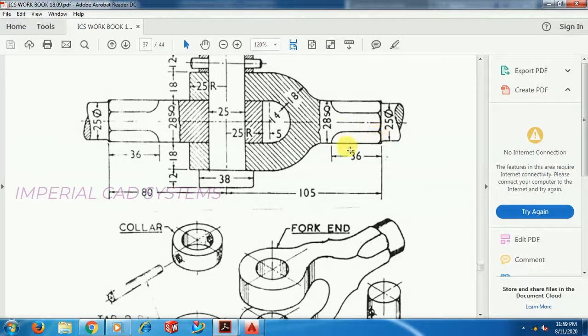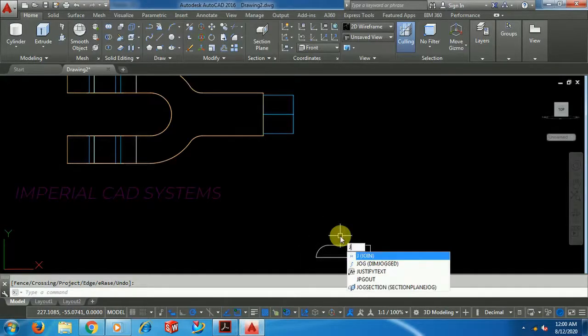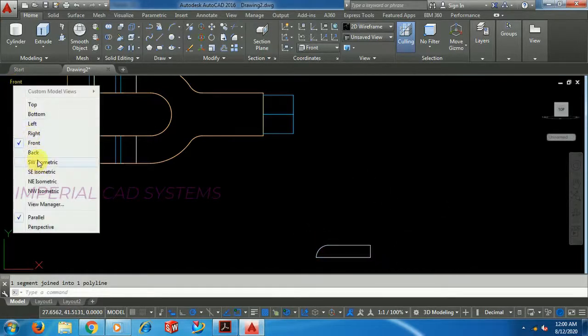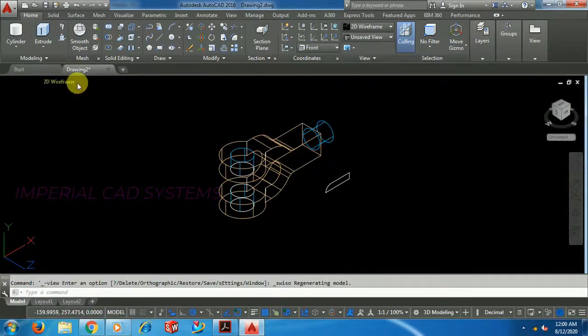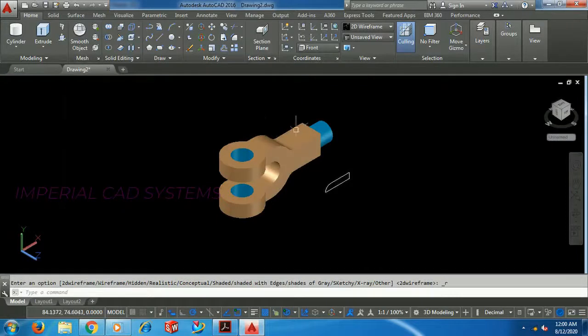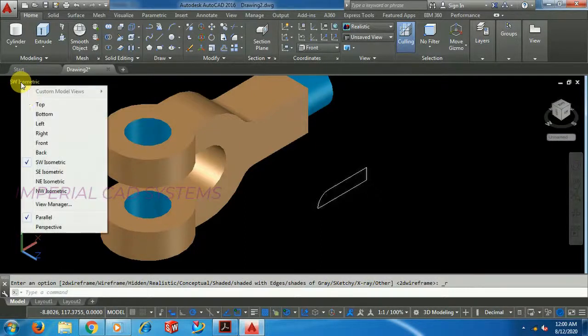I took this profile, okay, join this, get into 3D, I am changing view.